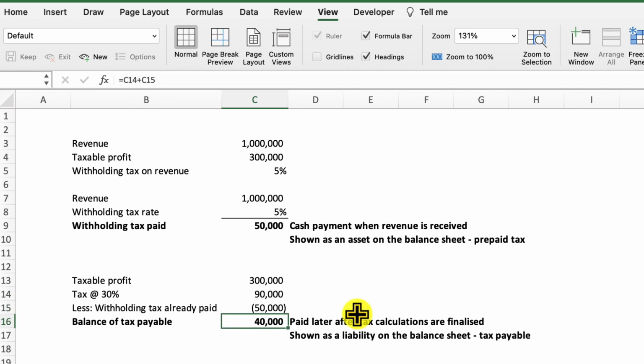So this 50,000, when we pay it, we show a cash outflow in our forecast, and then on our balance sheet, we show it as an asset. It's a prepaid tax. It's a tax we've paid in advance, and it's receivable to us. Then later on, when we calculate our balance of tax and we show that our expense is 90, we then show that we need to pay an additional 40 to the government. So this 40,000 here will be shown as a liability on the balance sheet. So it's money that we owe to the government, and it will appear on our balance sheet as a current